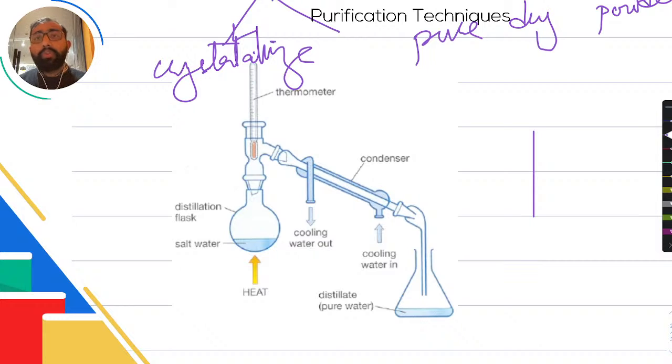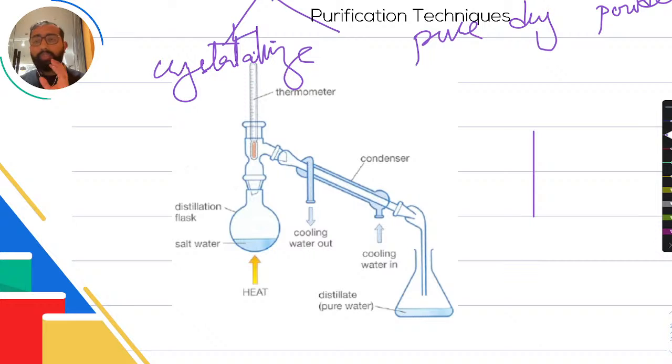Bunsen burner is cheap to use and it's really easy to control. Electric heater is in fact better at controlling because you can use a thermostatically controlled electric heater. You can fix the temperature that you want to heat things to. So yeah, that's a good idea for that. All right, so